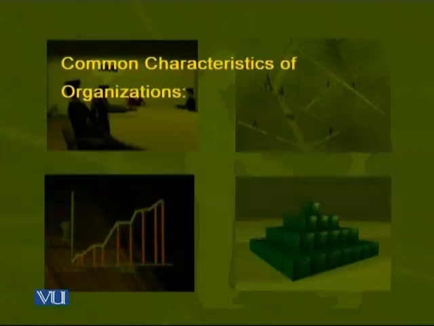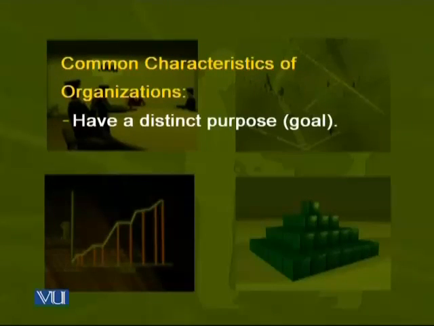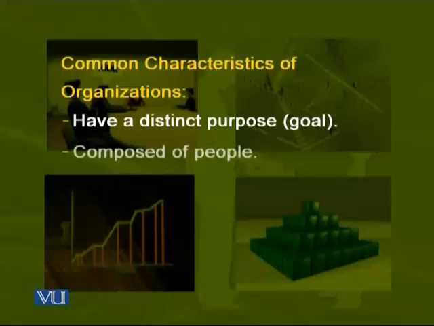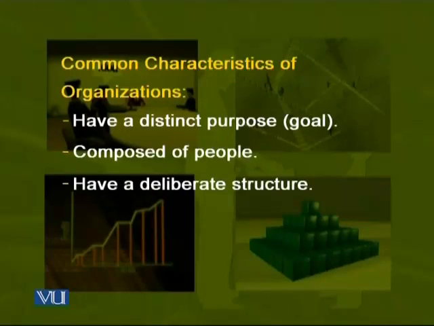And what are the characteristics of an organization? They have a purpose, a specific reason for their existence. Number two, they are composed of people. And number three, they have a deliberate structure. And of course, there is some kind of technology and other things involved. The function of each organization is specific. A hospital is an organization. Its function is specific. A university, a teaching institution, is also an organization. Its function is specific.